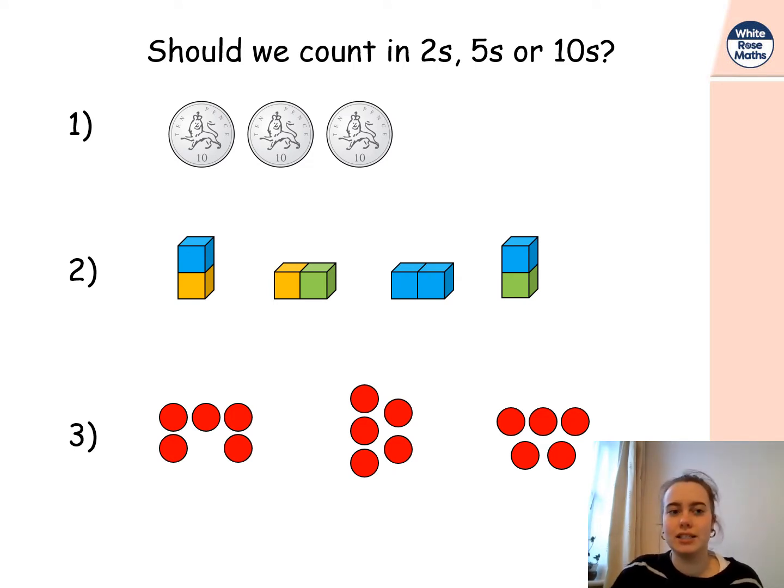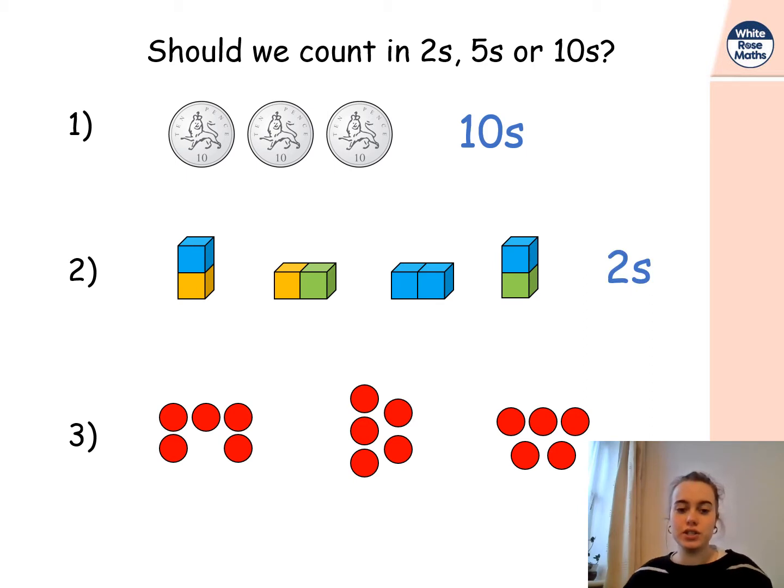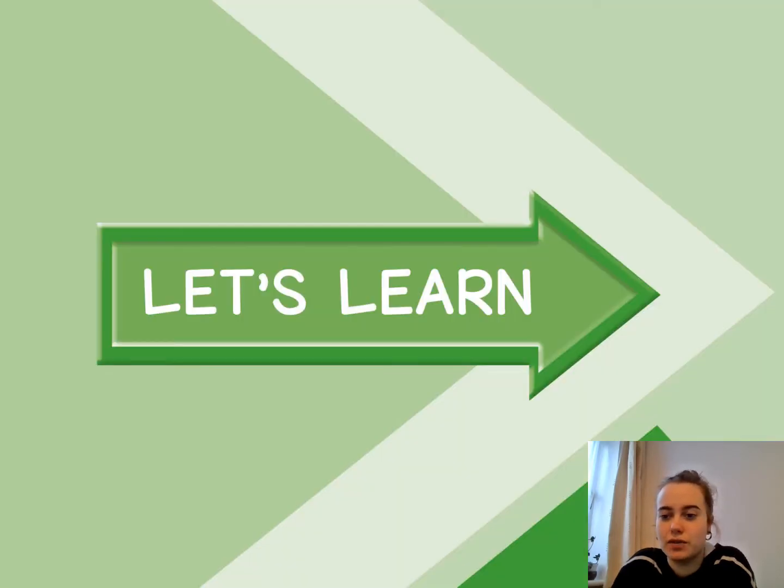5s or 10s. So in question 1 we can see 10p coins, so we need to count in 10s. In question 2 we can see 2 lots of cubes in each group, so we need to count in 2s. And in question 3 we can see 5 lots of counters in each group, so we must count in 5s. If you want to, you can pause the video there and have a go at finding out what the total would be. So that would be 30p for question 1, 8 cubes for question 2, and 15 counters for question